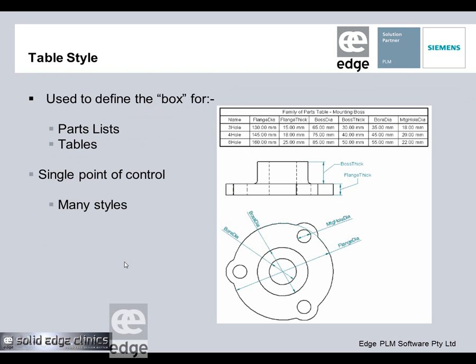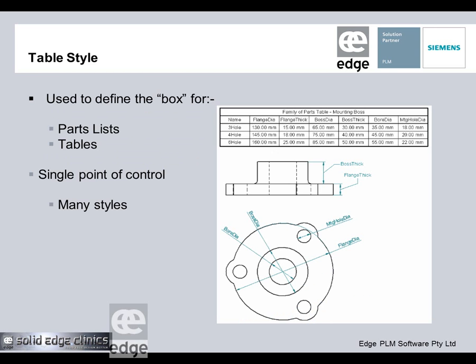Tables. Now, I know quite a few of us have looked at tables and thought, well, I can't really control them. The lines are too thick, and how do I control the lines, and so on. There's two aspects to this. There's the parts list and tables commands, which are used to build and to format the contents of these, the columns and everything. And then there's the table style, which defines the box. It just gives you a single point of control, and you can have many styles, and you can change styles on a table quite easily. So